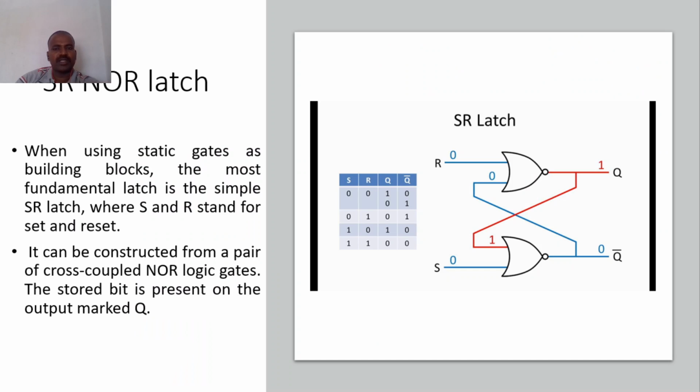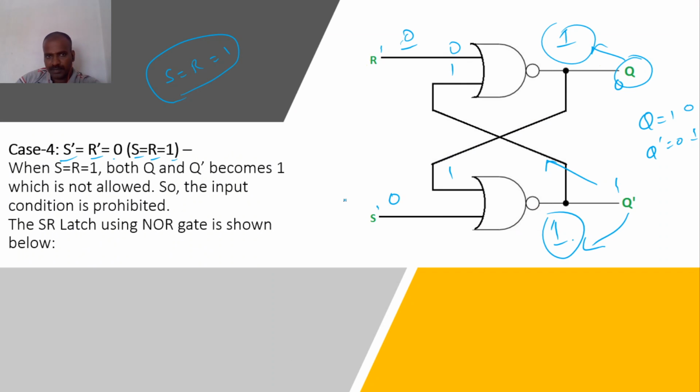Okay, have a look at this. This is the truth table of SR latch. Sorry, let me write here. That is the 4 conditions that we have discussed. That is S, R, then Q and Q bar. So when both inputs are 0 0, this is no change. That is the same Q and Q bar will come. And 0 1, Q is equal to 0 and Q bar is equal to 1. And 1 0, this is 1 0 1 1. Here the output is not predictable.